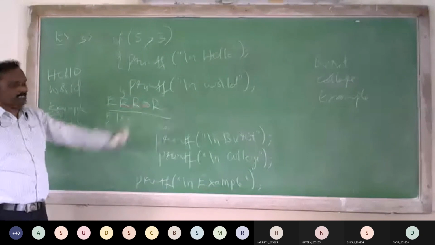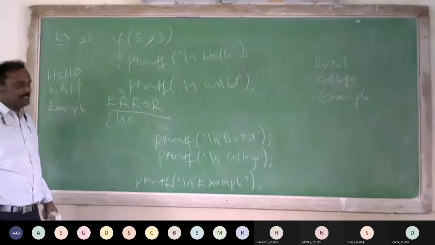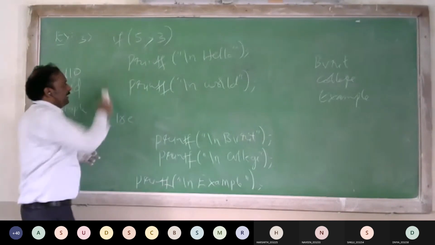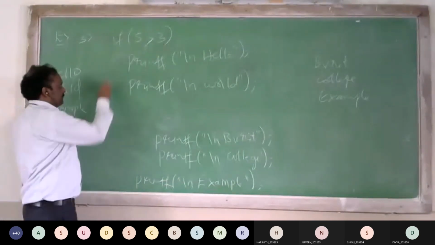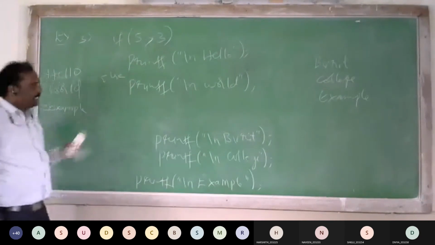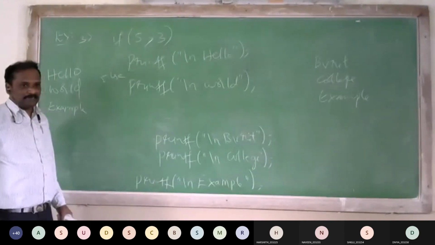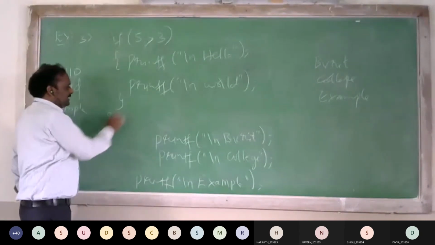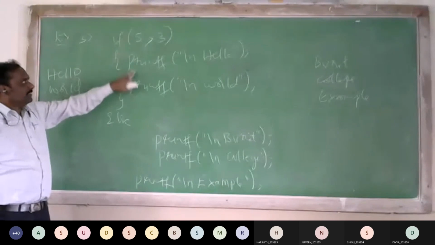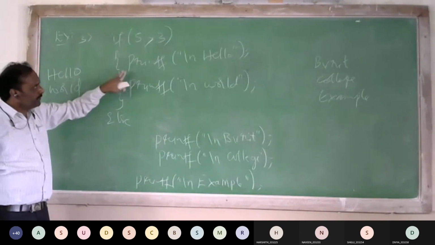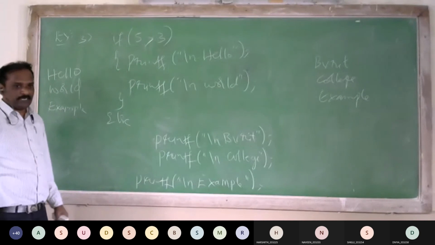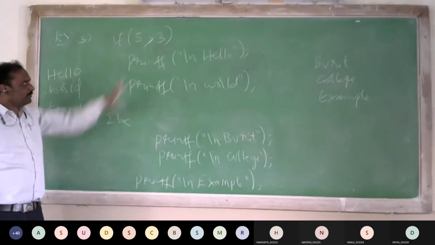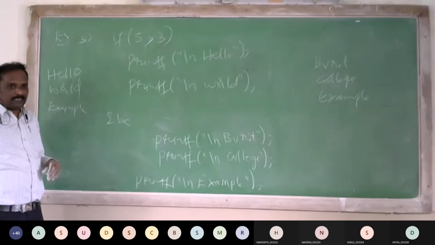If you don't write the flower braces, the compiler will give an error, because immediately after the statement, else should be there. After two statements, you cannot write else. If you want to write two statements, then this is a block. If the condition is true, the block is executed. If the condition is false, the block is not executed. The remaining statements are executed. You cannot write like this. The compiler will give an error. After two statements, you cannot write the else part.